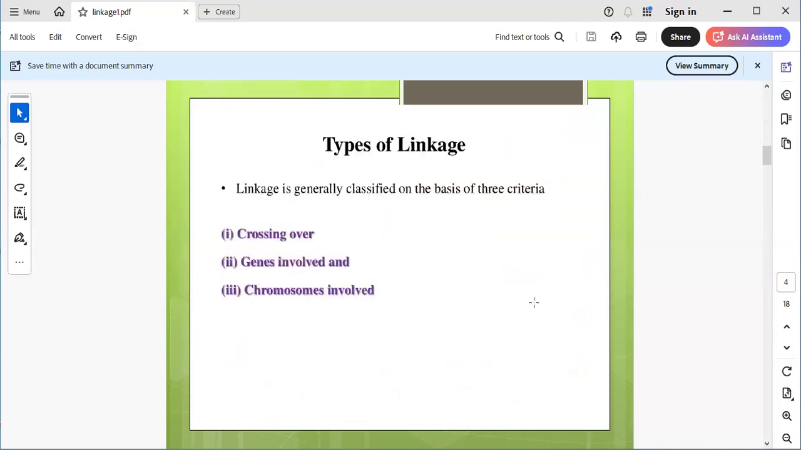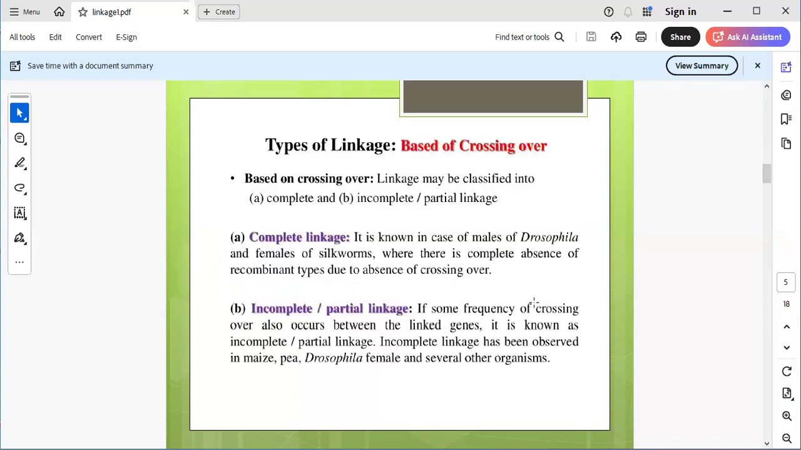So what are the types of linkage? Generally, linkage is classified on the basis of three criteria: crossing over, how many genes are involved, and how many chromosomes are involved. So based on these three criteria, linkages are classified into different types. Based on crossing over, if crossing over takes place during the meiosis,